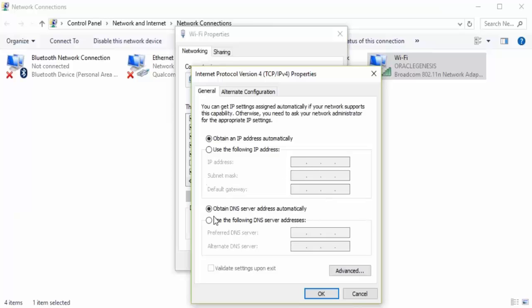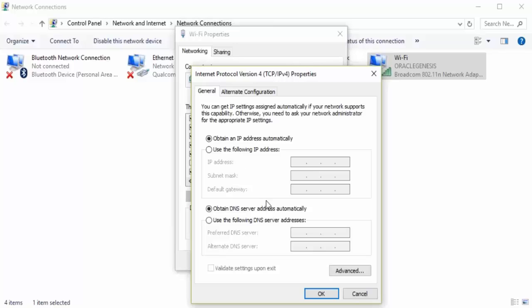Now this is the area where you will get to know whether your laptop is using a static IP or a dynamic IP. This option clearly says obtain an IP address automatically, which means when you connect your laptop to the router, the router will assign an IP address whatever it feels like. Now there are ways to calculate what IP has to be assigned, but we won't be getting that much into networking. I'm just giving you a fair idea so that you can estimate things.